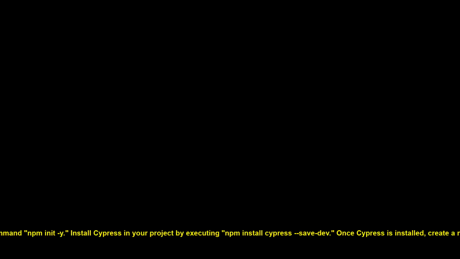To back up your Cypress end-to-end tests to GitHub, start by setting up your project directory. Create a new folder for your project if you haven't already. Open your terminal and navigate to your project folder. Initialize a new Node.js project by running the command npm init. Install Cypress in your project by executing npm install